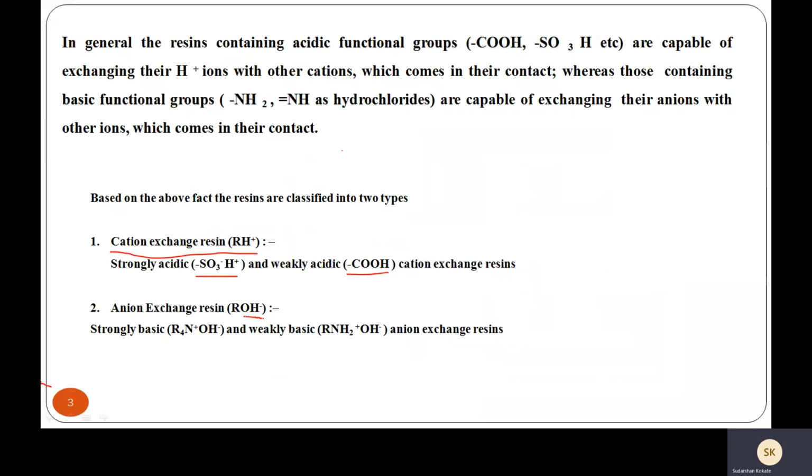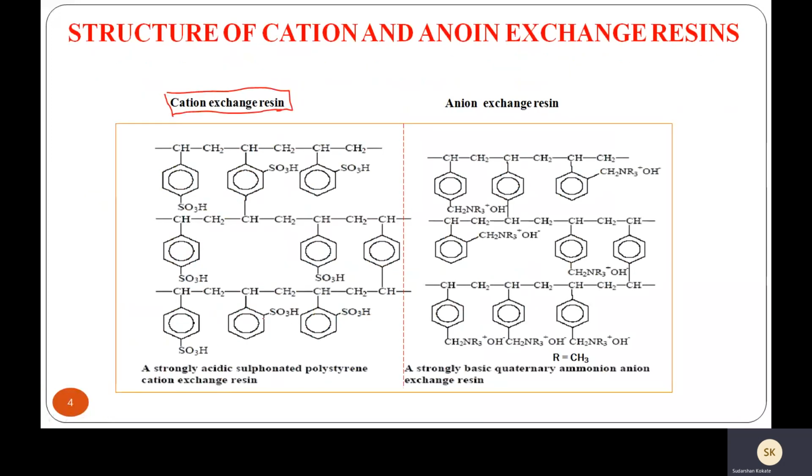The common anion exchanger resin has a basic quaternary ammonium group. On treatment with NaOH, the structure obtains an OH- ion as an integral part, and hence it can easily exchange OH- ions with anions. This anion exchanger resin is denoted by R'OH twice. You should remember this one, and this is the cation exchanger resin RH2.